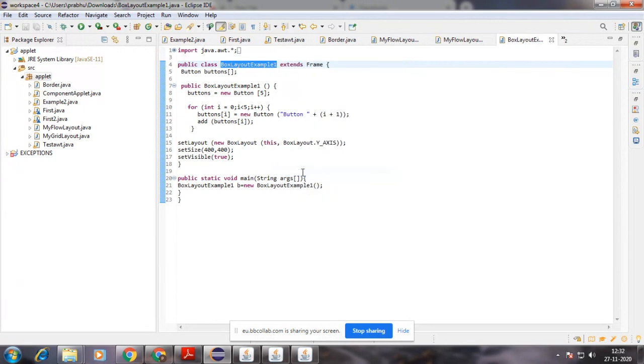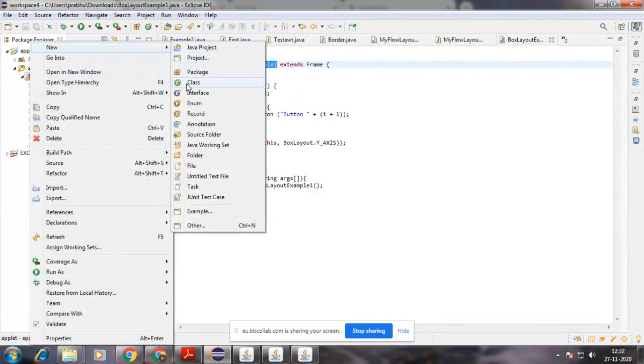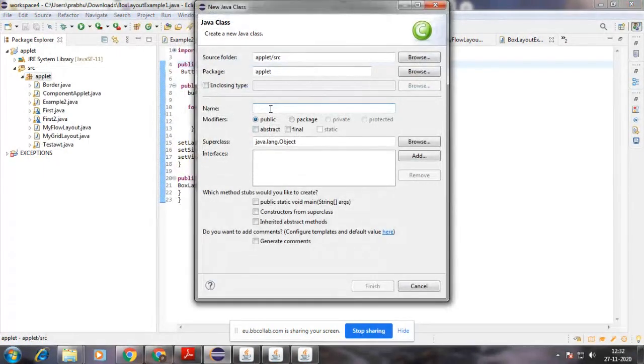We'll check once. So generally we have seen these types of layouts and